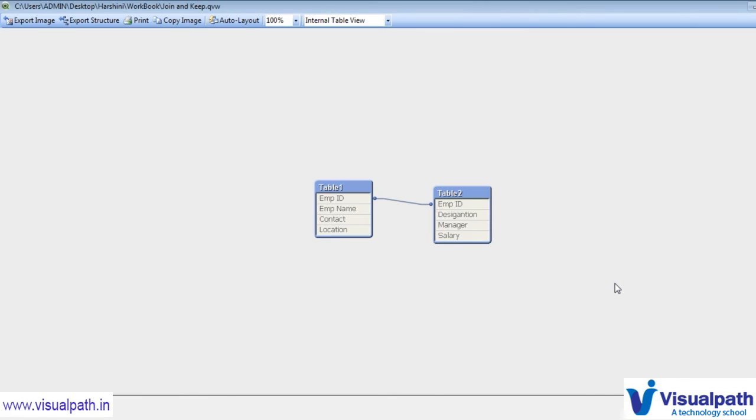Okay, so that is the difference between join and keep, and the different types of join and keep. Sometimes it is required, friends, when there are lots of tables in a database, and it is sometimes not necessary to keep all those tables. That's why we can club 2 to 3 different tables into a single table, and that's all.